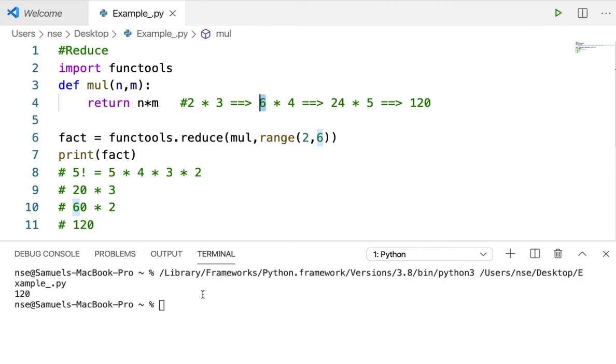Let me run this code for you. So you will get 120, the factorial of 5 is 120. The reduce function every time takes only one value and then that value will be passed back again,